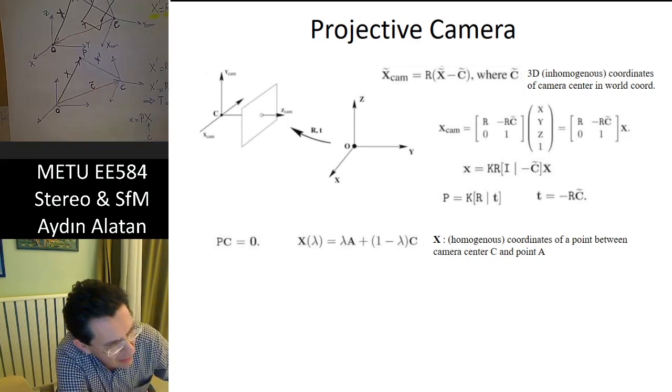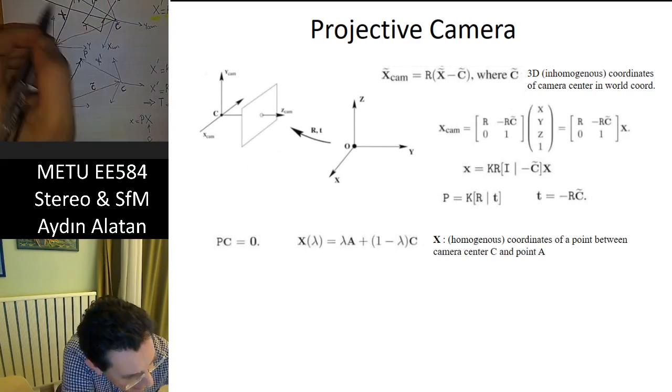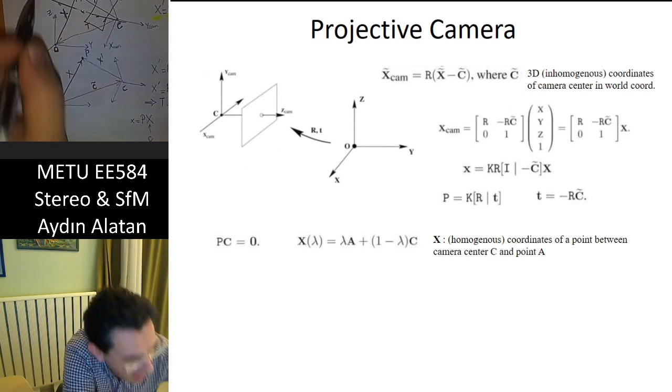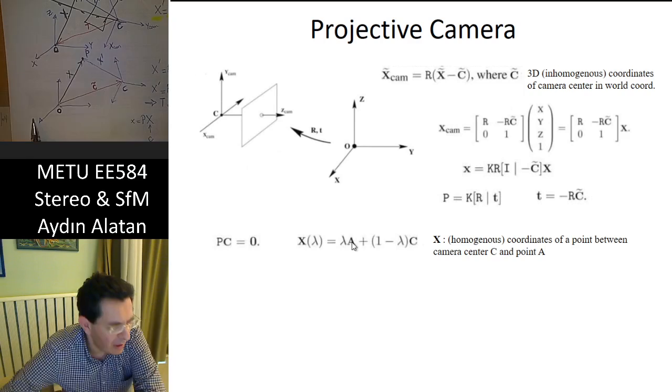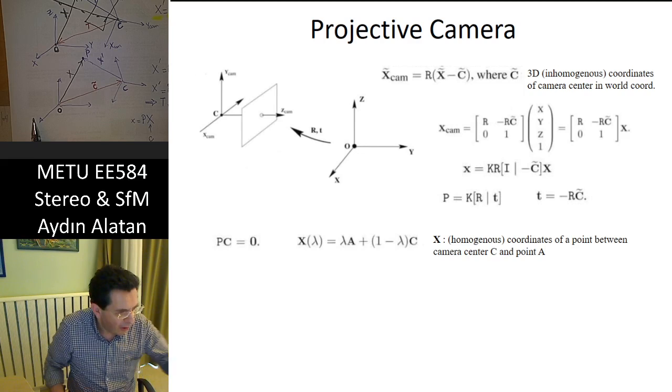Maybe this is not a very good drawing, but if you start from here and go to infinity like this, there are points on this ray, and in the homogeneous coordinates, we know that a C point and another point, if you multiply both points with lambda and 1 minus lambda, that will be another point in between the camera center and the arbitrary point A. Therefore, this x lambda